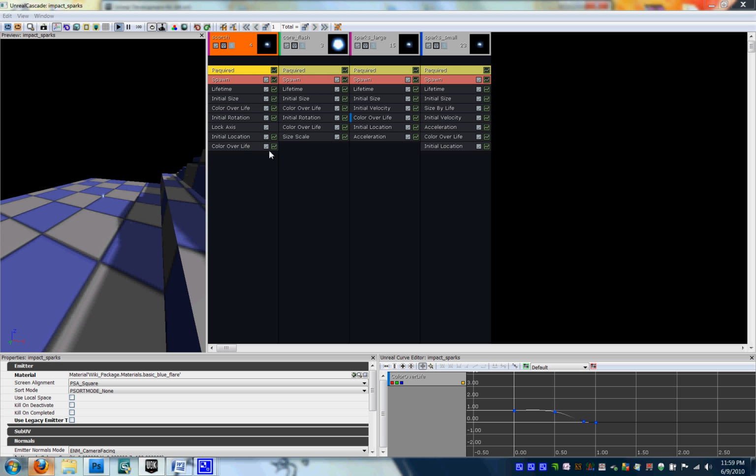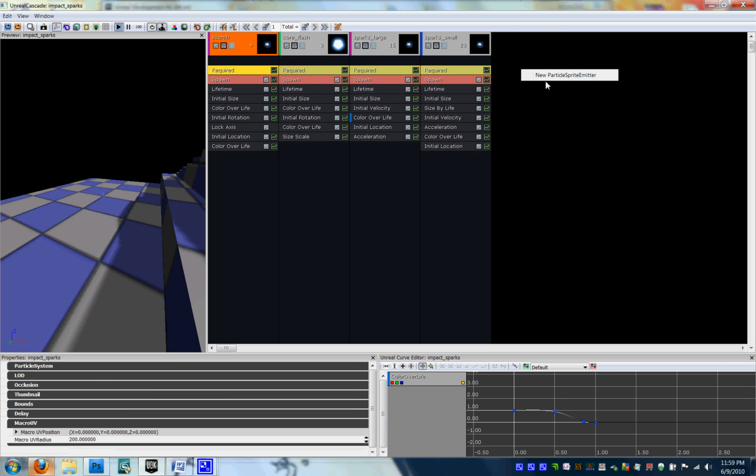Next part of our hit impact is the Scorch. The Scorch is a scorch mark that is left on the wall and lingers for a moment after the projectile has hit. You can see it right here. There it is. Just like making sparks, when you're making a scorch mark, you're going to right click New Particle